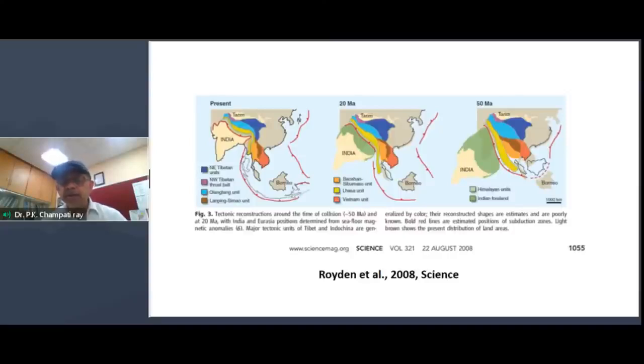On top of that, South China is moving clockwise and the Indian plate anti-clockwise. The effect of collision becomes much more pronounced at the northeastern sector. That's one of the reasons why Northeast India has emerged as one of the most landslide-prone areas,